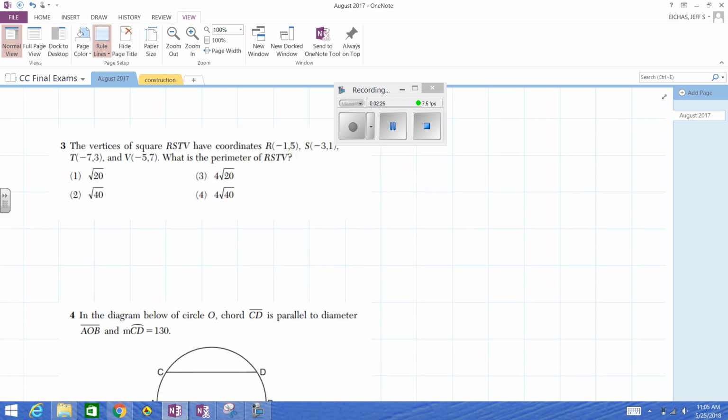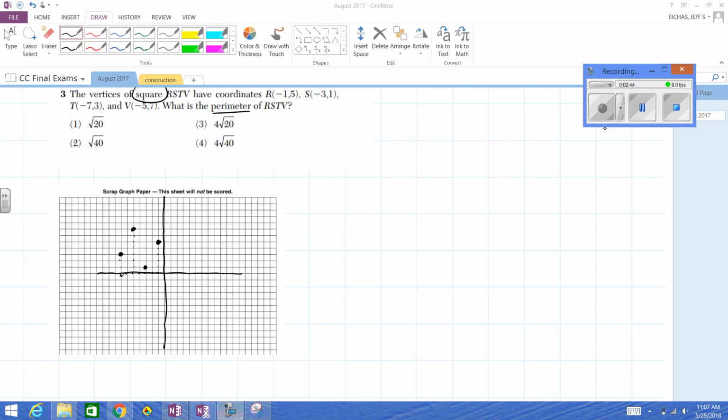Vertices of RSTV. It is a square, and we want the perimeter. What I would do on this is graph it and calculate the length of just one side. I would graph it on scrap graph paper, so I'll go get some scrap graph paper and be right back. So I went and grabbed some scrap graph paper. Get used to using this for Part 1s. It'll be helpful. This is R, this is S,